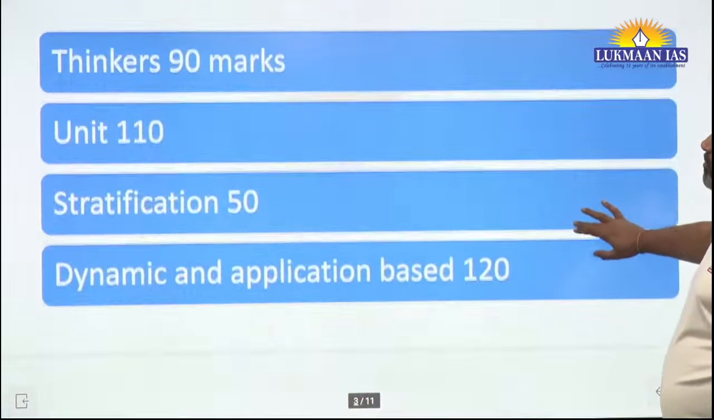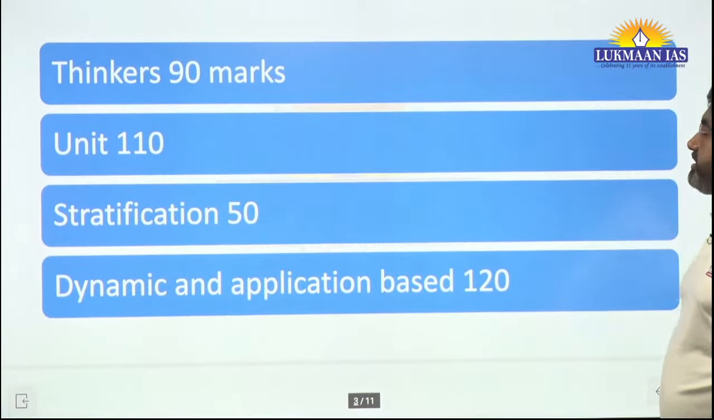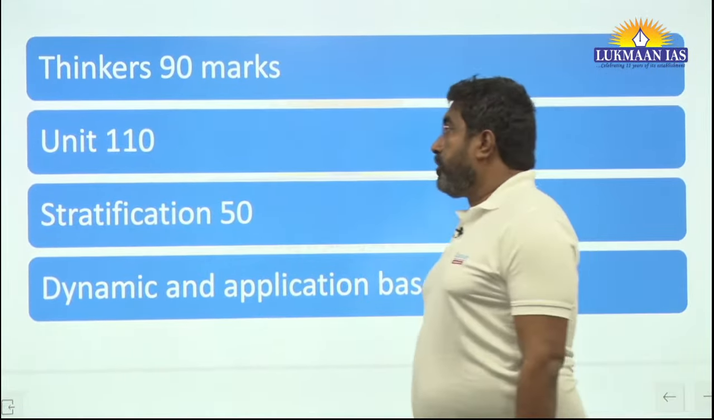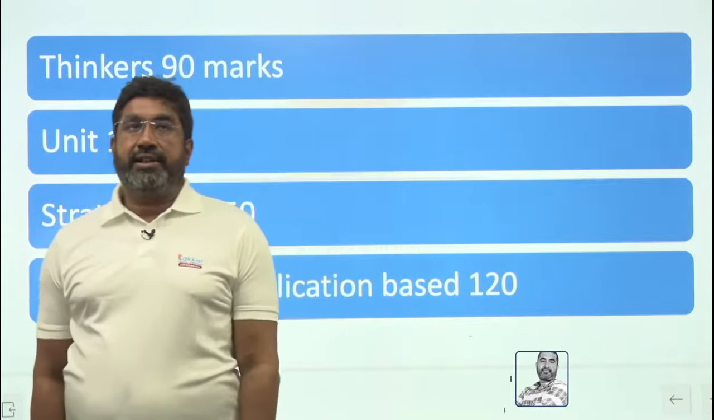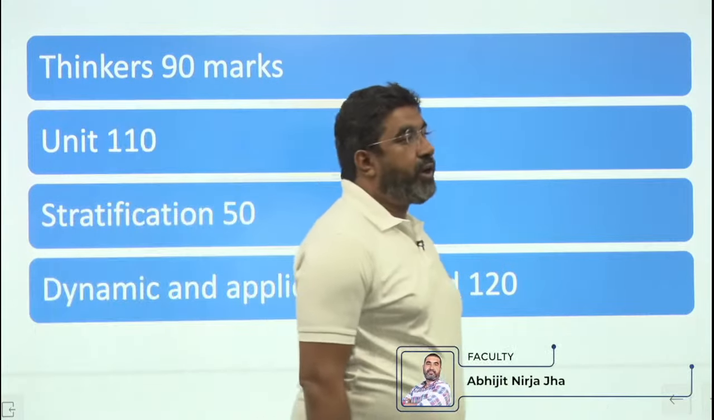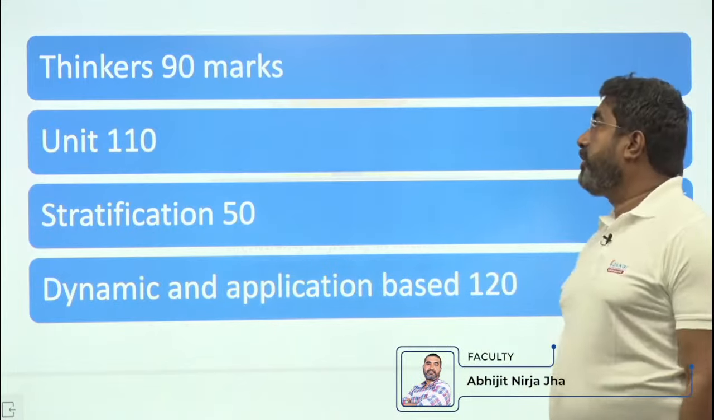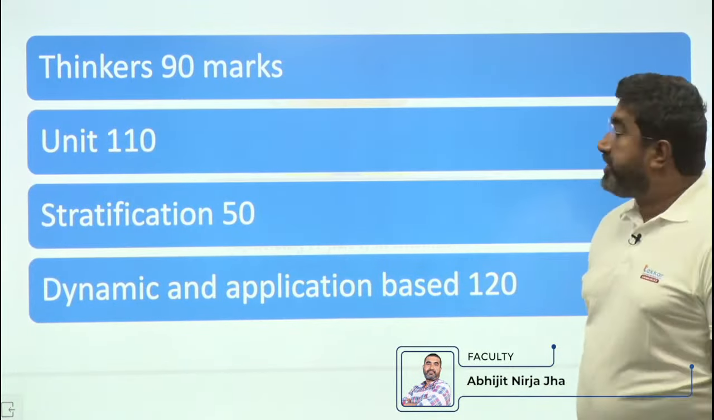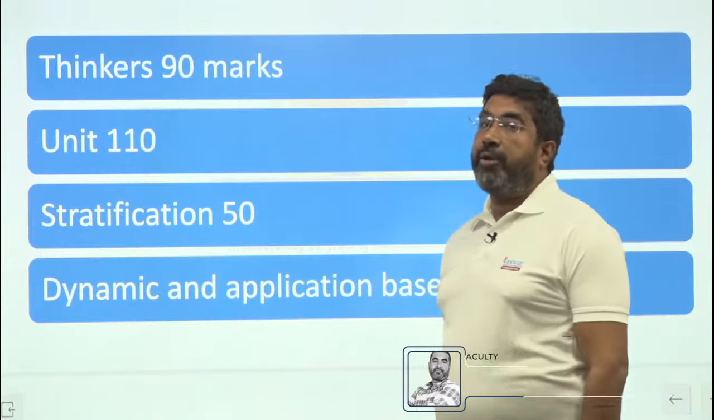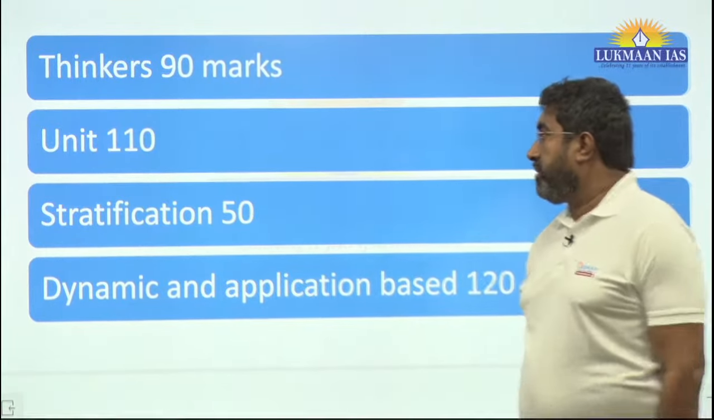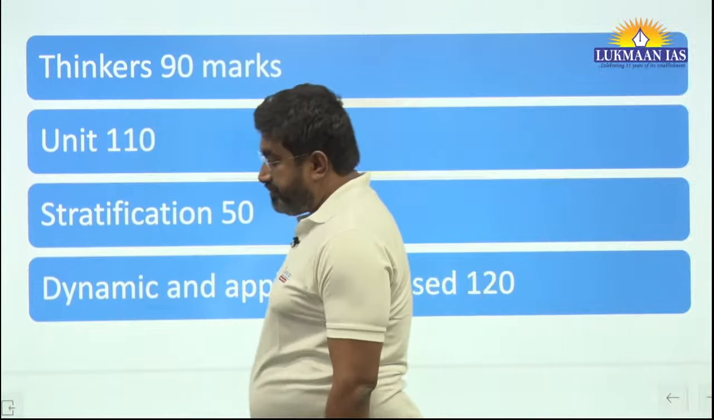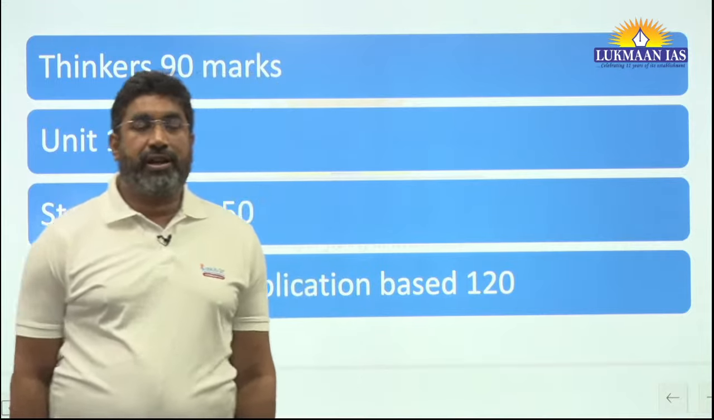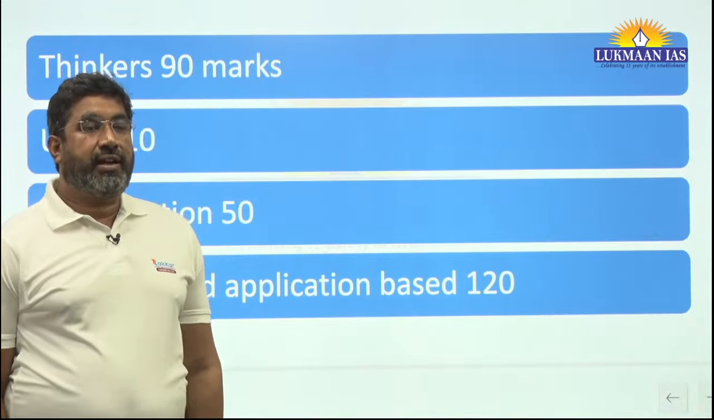So, now largely this has been the distribution of paper pattern this year, though thinkers in themselves remain an important point, but over the period of time its dependency has decreased. So, this year there were directly 90 marks of questions from thinkers. Now, unit 110 marks directly, and most importantly you see that